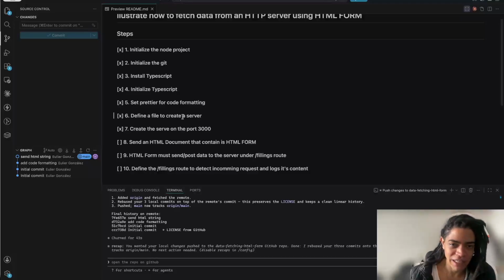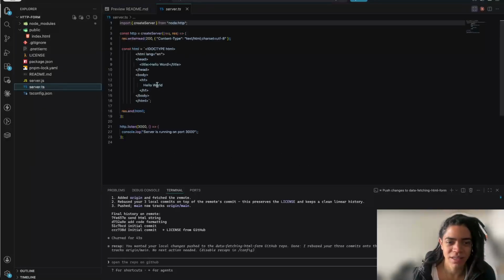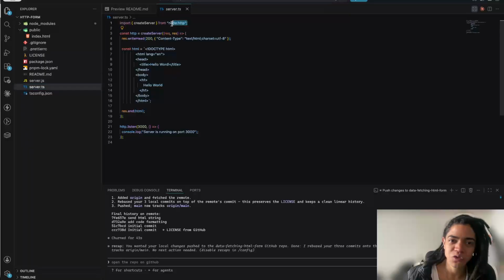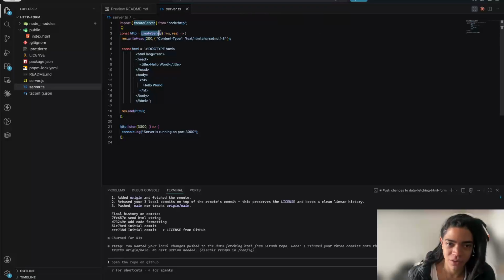Then define the file to create a server. I want to make a quick recap of what I did with that, which is, hey, let's use one of the bindings that these JavaScript environments provide, like the HTTP bindings, to communicate with the network card and allow me to transfer hypertext media through other computers. To do so, the way of doing that is by creating a server that initially is going to respond to any